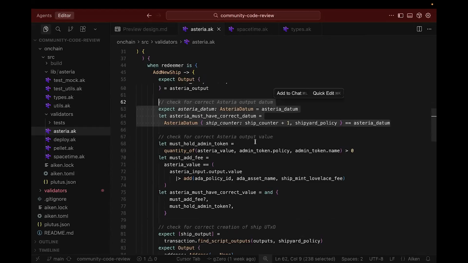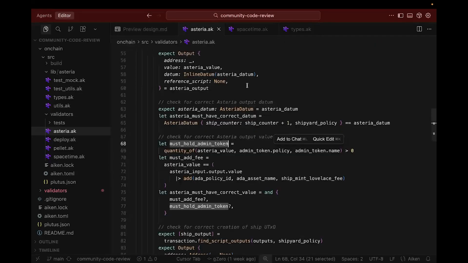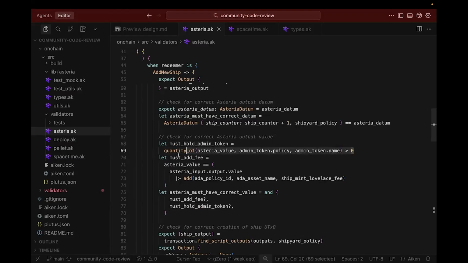Check for the correct Asteria output value. Here, what are we trying to do? Must hold admin token. So that means they are trying to check if the Asteria output has one admin token in it. So let's see: quantity of Asteria value, admin token dot policy, admin token dot name, greater than or equal to 0. So they are just saying